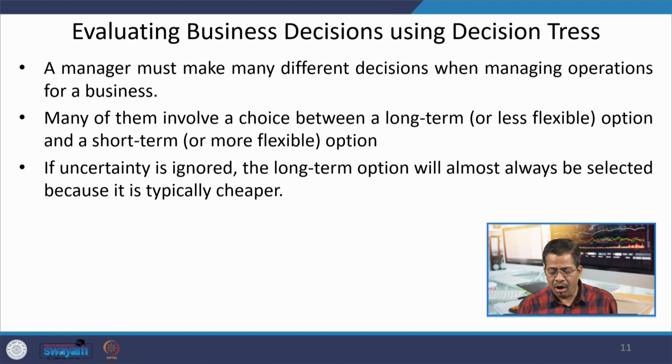Now, based on this, managers can make a very good choice between their long term options and short term options, and on the basis of these things we will see in our next session that we are able to make very interesting and accurate decisions on whether option A is better or option B is better. We will see with the help of a facility location problem that there are multiple types of options and how, using the decision tree, we are able to decide which option is better.